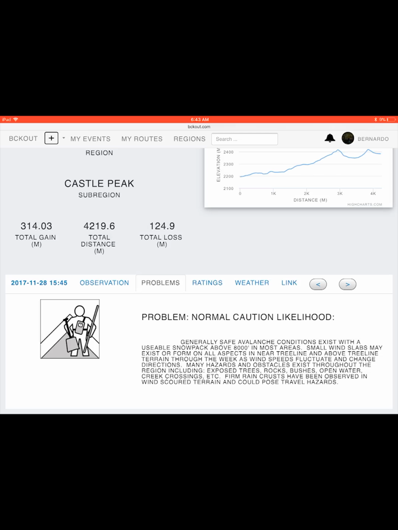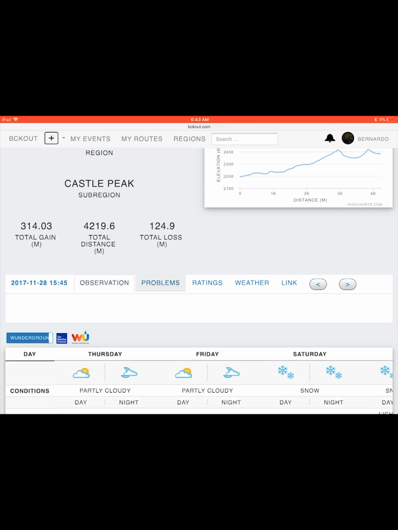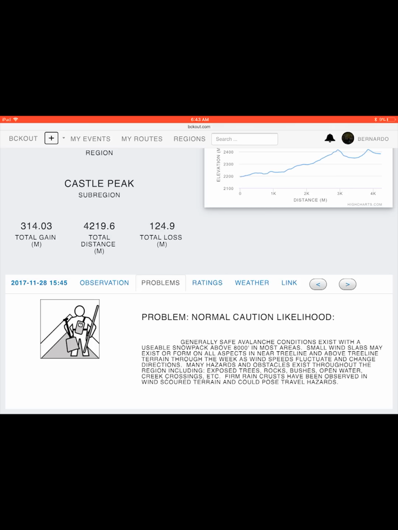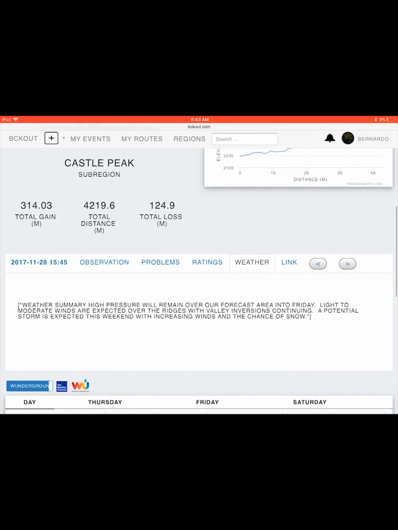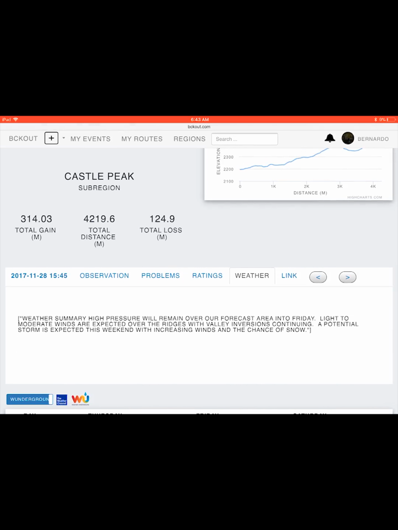But for places like the Pacific Northwest, there are regions right next to each other, right? So being able to see the correct advisory matters, because you don't want to be looking at one pass when your buddy's trying to go to another one right next to it. So anyways, point being, this is an easy way to get to the information that you want,